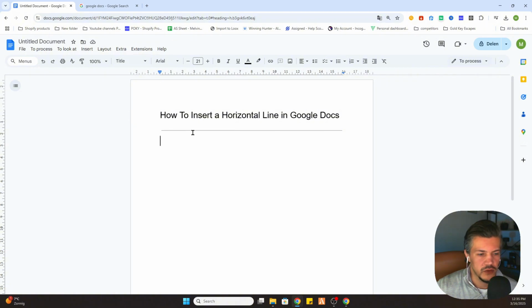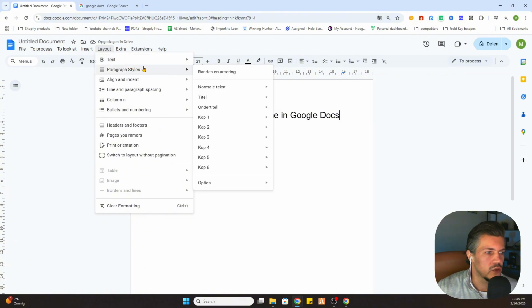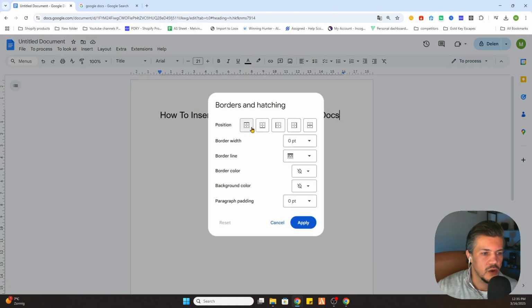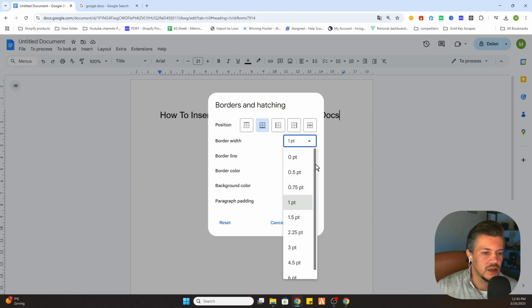But if you would like to give it a little bit more customized style, then you can go to layout, and there you will have the option paragraph style, and there we have borders and hatching. We will click on that, and now we would like to insert a line below this text. So we will select the second position, and then you can select the border width, and basically let's set it